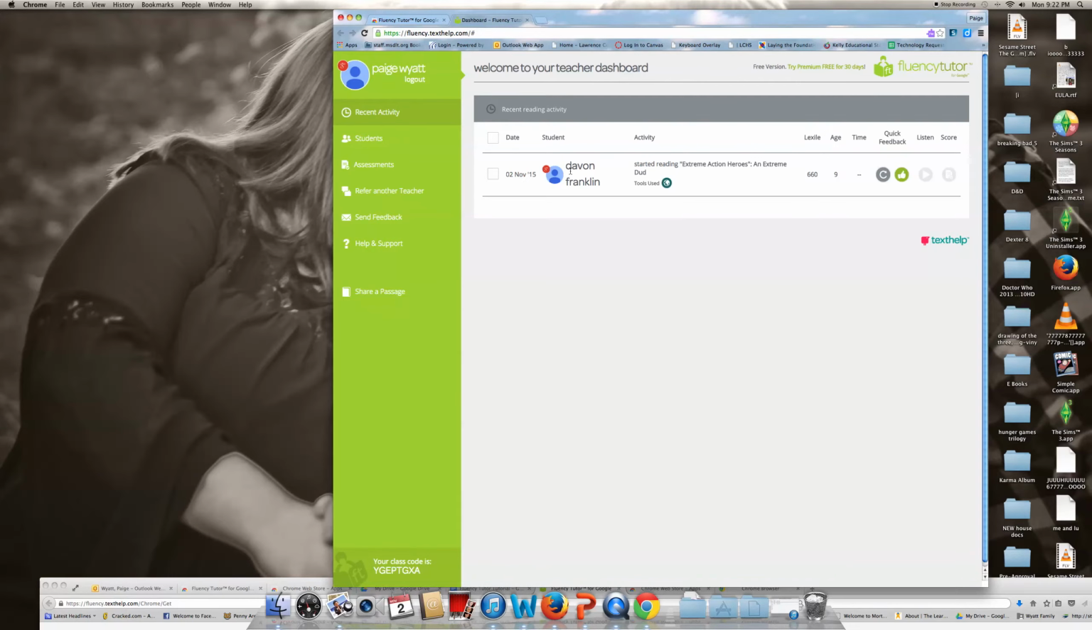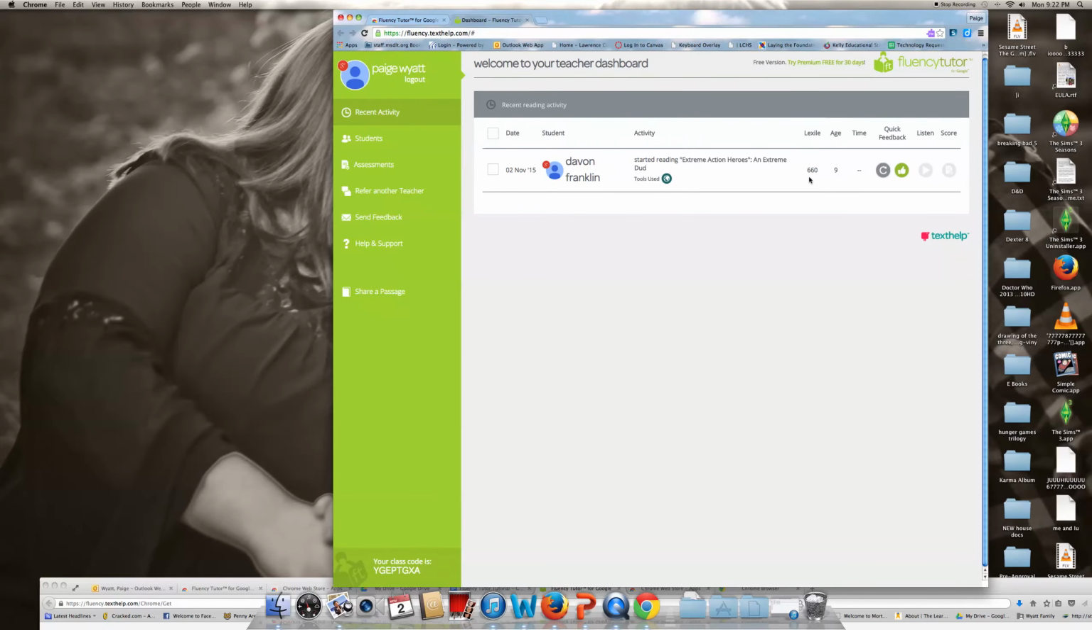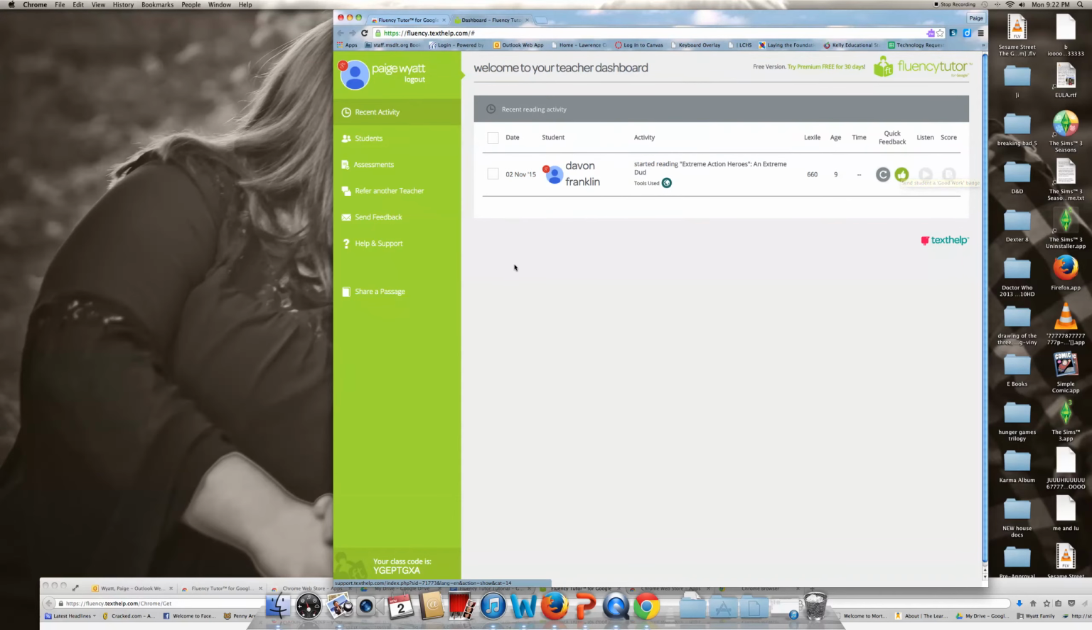So down here we have some students. I added one of my students to this just to try it out. And you'll see over here what they've read, what the Lexile level of the reading is, and what age group this roughly falls into. And you can give the student feedback on how they did on reading it. But first I'm going to show you, if you go to students